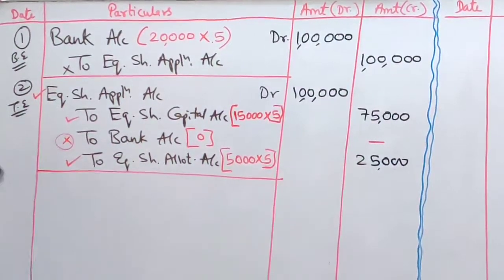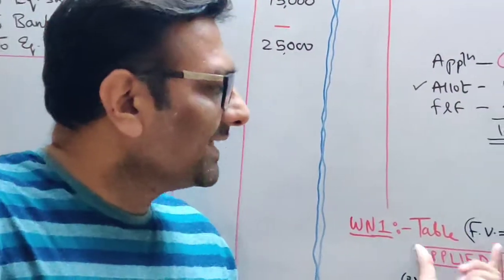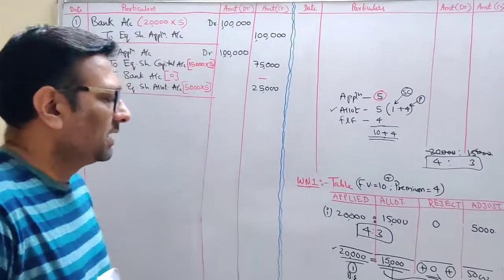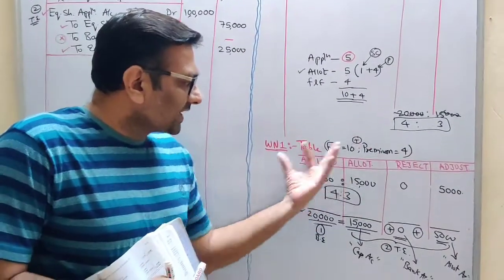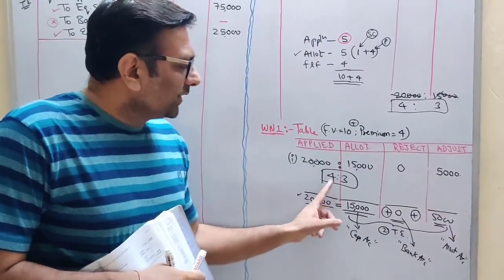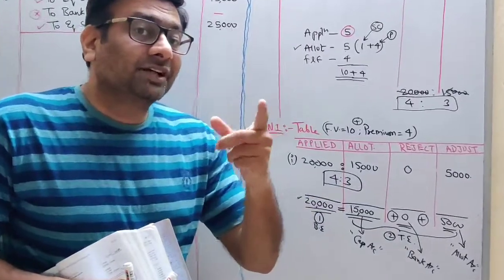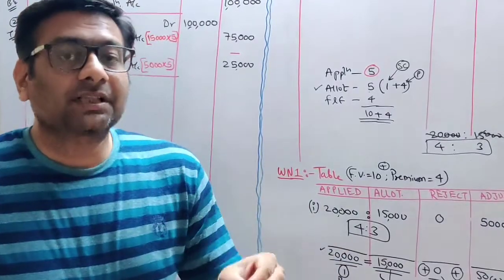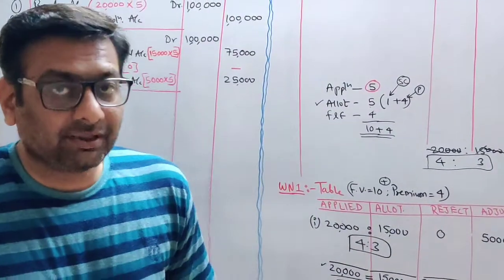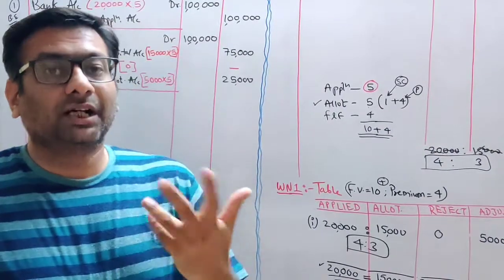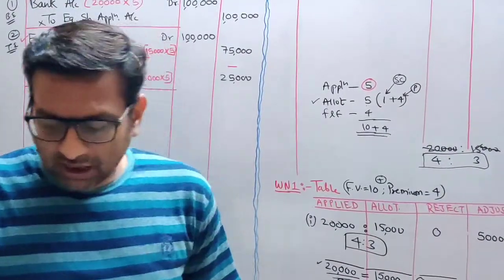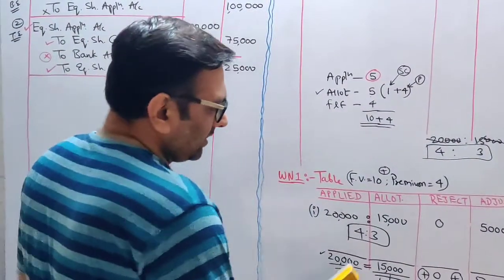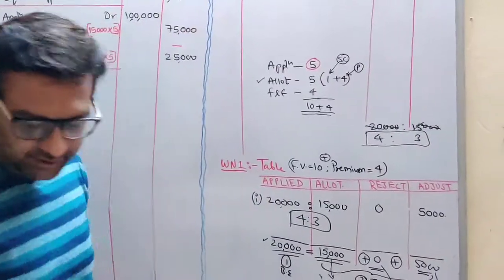So have you seen, students, this table will help you always in every sum to pass the first two entries of the application. And also this table will give you a ratio which we are going to use for doing that personal working, if you can recall, which I have explained in the previous video. The same personal working note I am explaining again. If you see 2-3 sums, you will understand very clearly how to apply this ratio. Let's do this personal working note with the help of this ratio. Okay, I'll do it here only below.